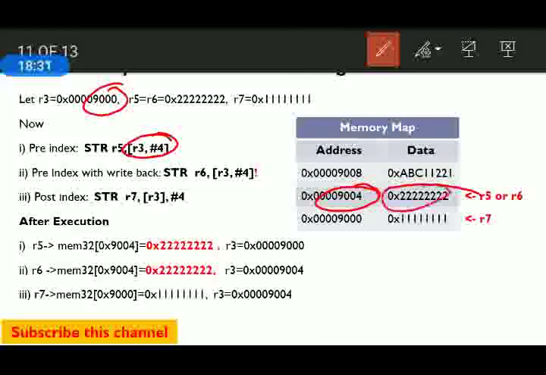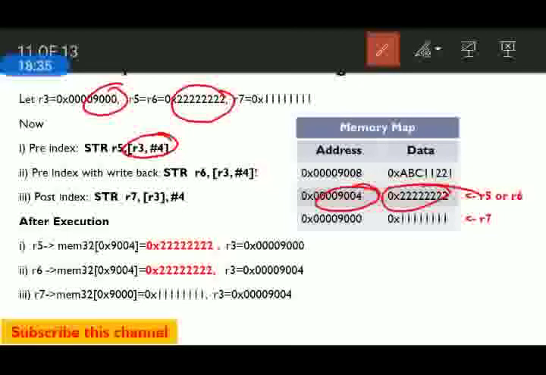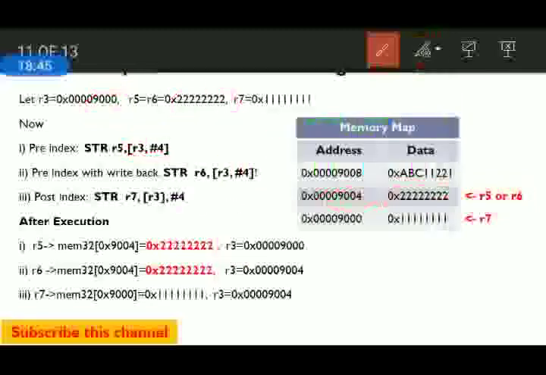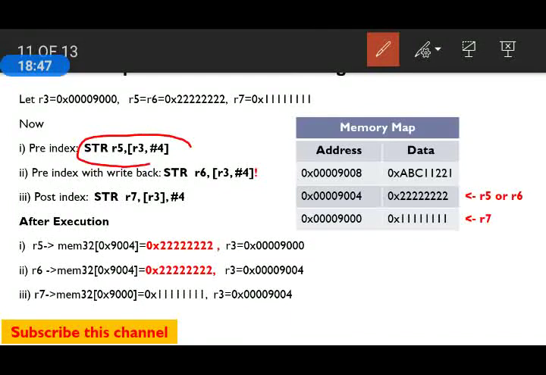R5 content is 222, it will be stored in this 9004. So here we can see the indication of R5 towards the memory. That is, after the execution of str R5, [R3, #4], the effective address is calculated by adding R3 and 4, and to that effective address of the memory, the data of R5 will be stored.